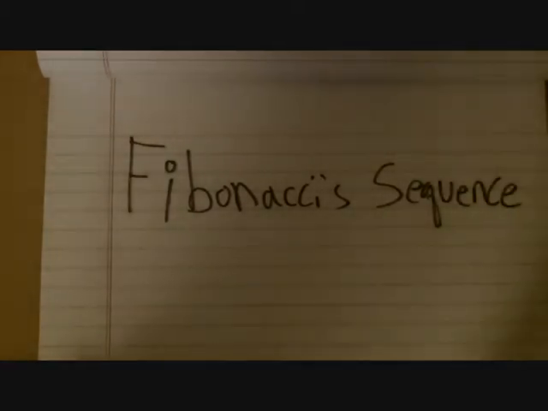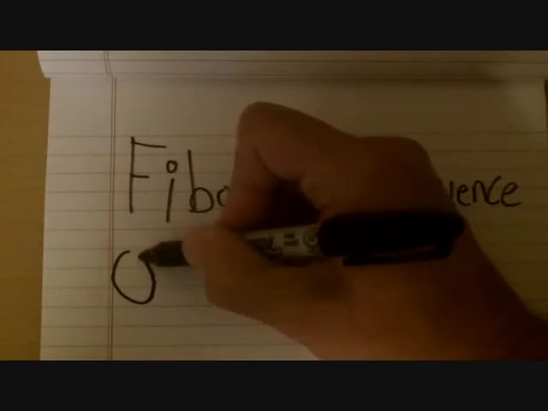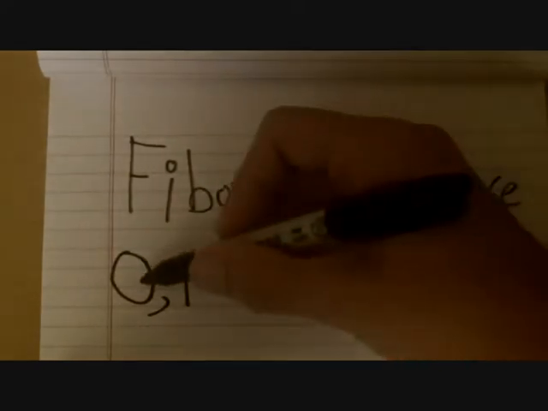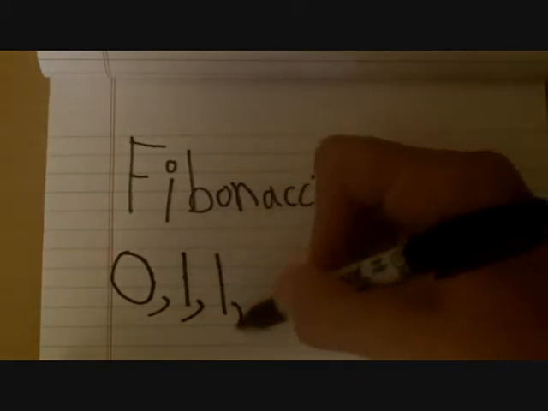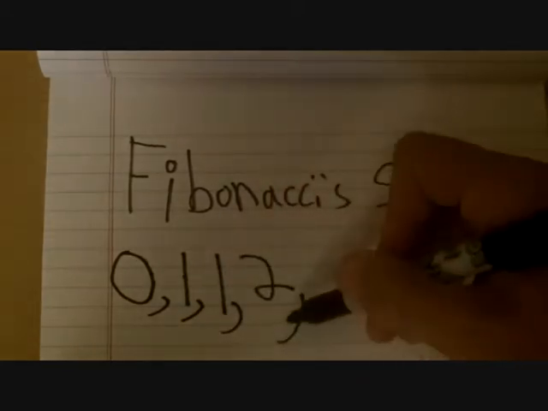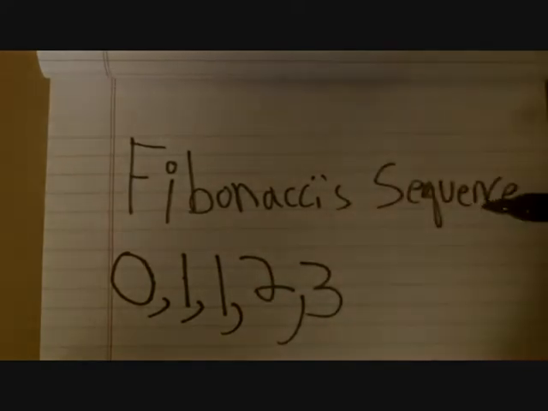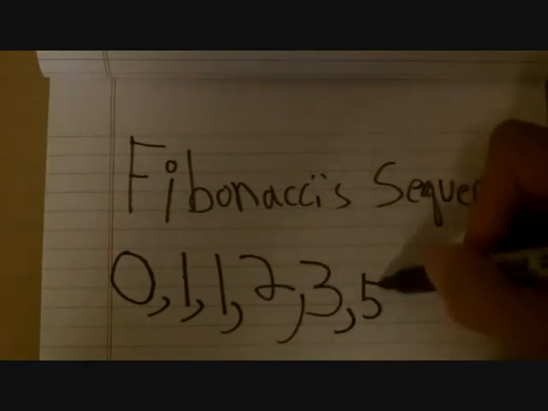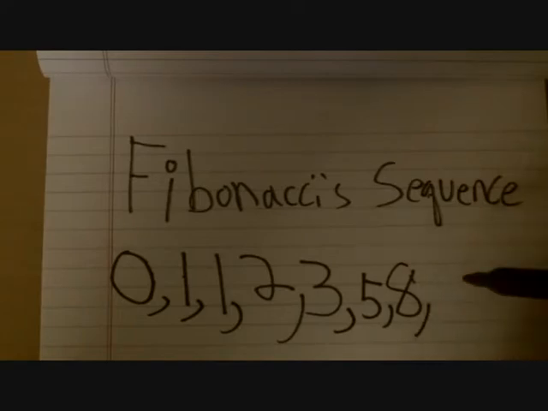Okay, so here is the sequence that Fibonacci came up with. He saw that if you took the number 0 and started working over and you did 0 plus 1, you would get 1. And then if you did 1 plus 1, you would get 2. And then 1 plus 2, you would get 3. Now if you continue along this sequence, you will get 5, you will get 8,